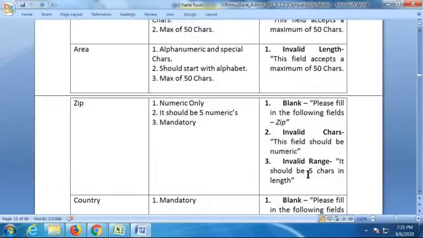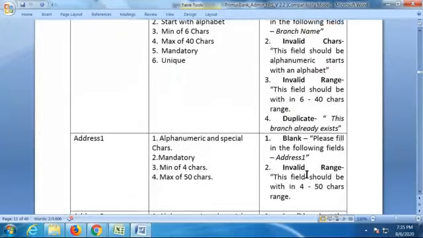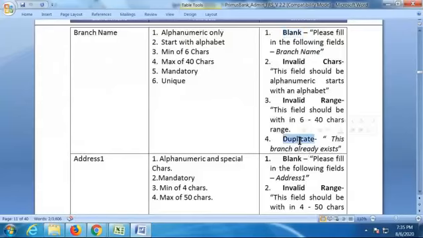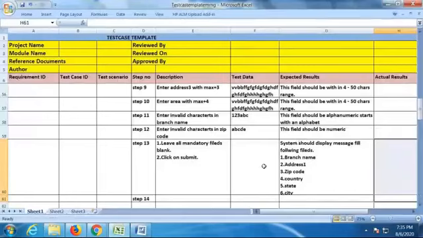Any invalid test means we have to write one more step. What is that one more step? Duplicate. It won't allow it. We can't create a number of branches with the same name, especially branch name. Address is okay, no problem. Only for branch do we check duplicate data. So the last step for that is: